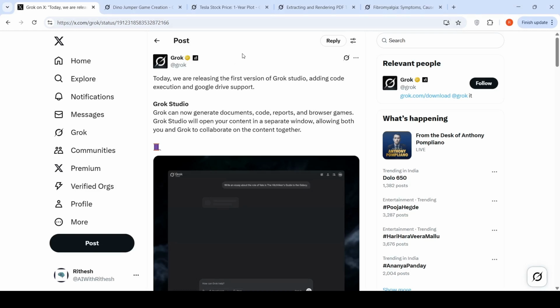So Grok has just released the first version of Grok Studio, adding code execution and Google Drive support. With Grok Studio, you can now generate documents, code, reports, and browser games. Grok Studio will open your content in a separate window, allowing both you and Grok to collaborate on the content